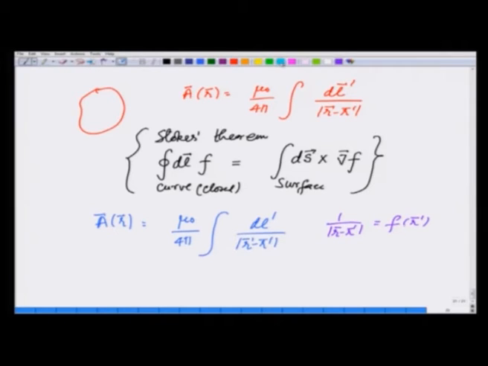By the way, f is a function here, all right. This is a vector. So, this is going to be equal to mu 0, but there is an I also out here which I missed, I over 4 pi integral of ds prime vector cross gradient with respect to the primed variable of 1 over |r minus r prime|, which is nothing but,